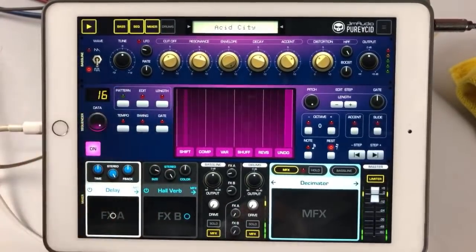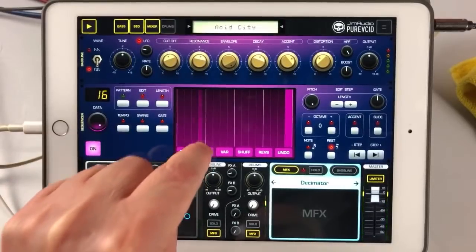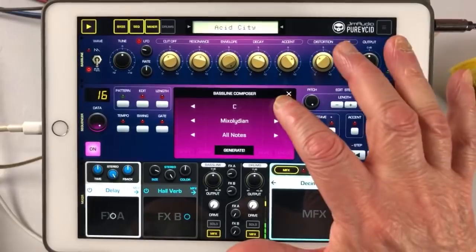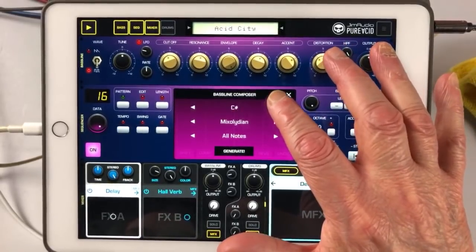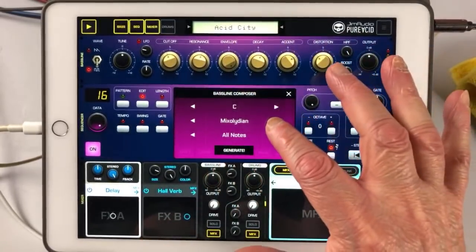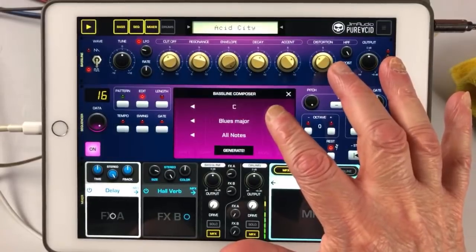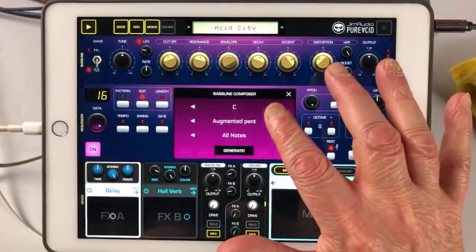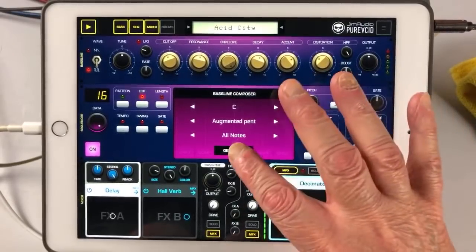Let's go to edit, and this time let's hit comp here. And this is the Bassline composer. So basically you can choose your key here. Well, I know I'm in C. And then you've got a load of different scales that you can choose from. Actually quite a lot of scales. And then you can